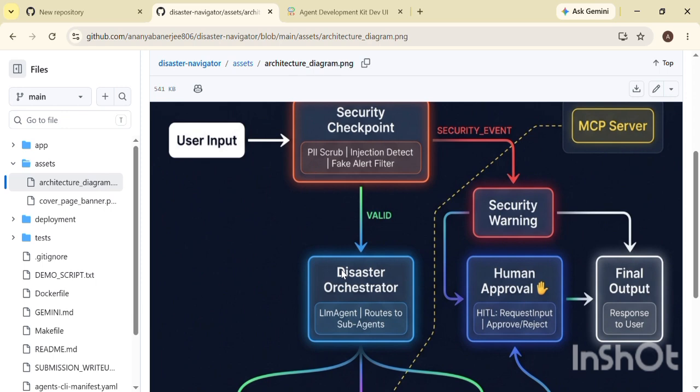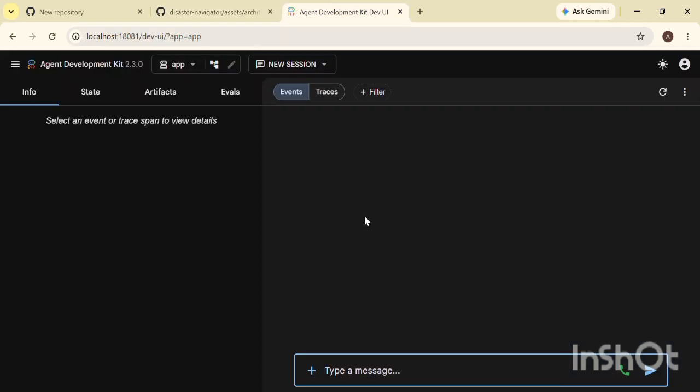What you are looking at is Disaster Navigator: real-time threat intelligence, safe shelter routing, and AI-assisted emergency alerts. Three capabilities, one agent, zero compromises on safety. Let me walk you through how it works. Every user message first hits the security checkpoint, a functional node that scrubs personal information like phone number and email address, detects prompt injection attempts, and blocks fake emergency alerts. Prank flood warnings, fake hurricane alerts, blocked before they ever